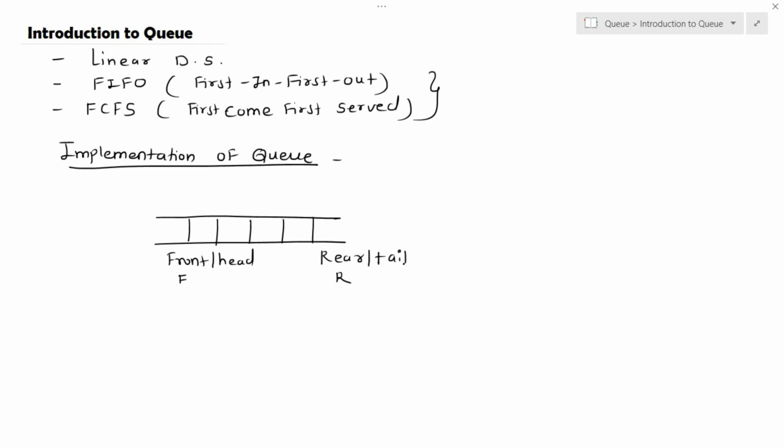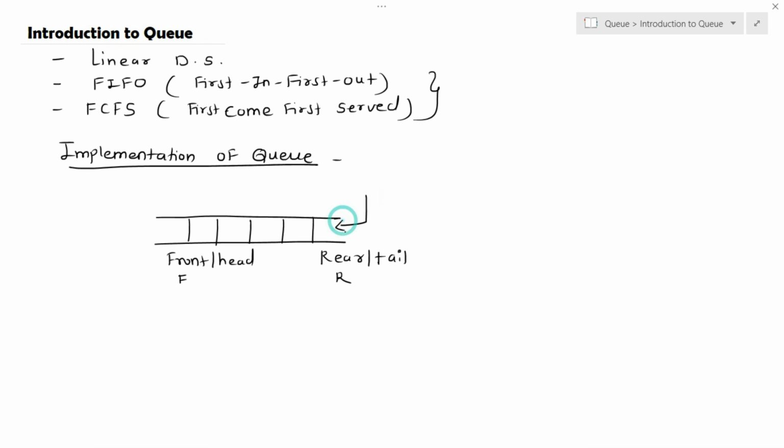If we use front for one end, then the other end is rear, and if one end is head, then the other end is tail. So queue has two open ends, one is called front and the second one is rear, or one is head and the second one is tail. You can also represent it with single letters F and R. Here front and rear are the pointers which point to the front and rear element of the queue.